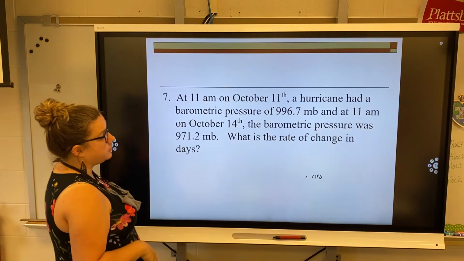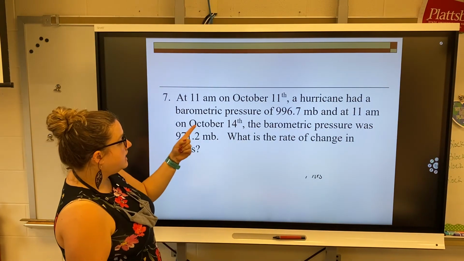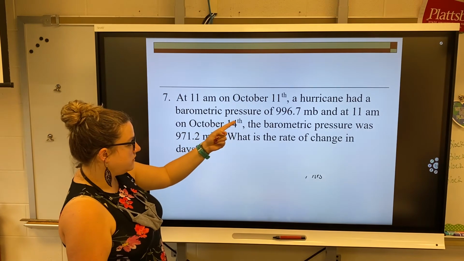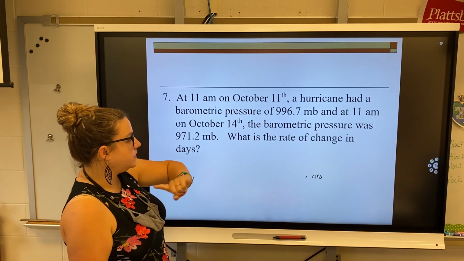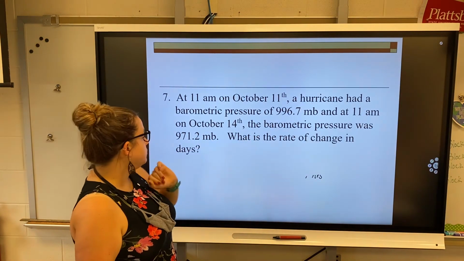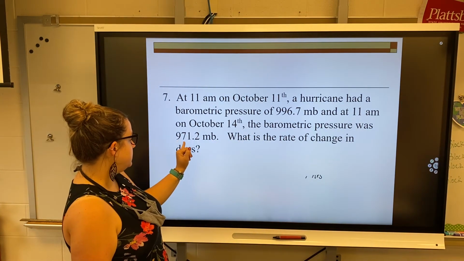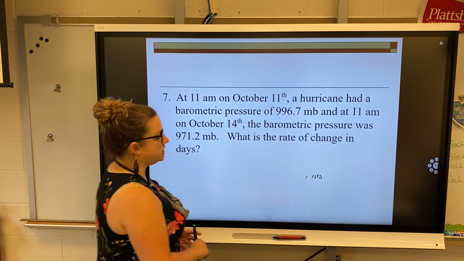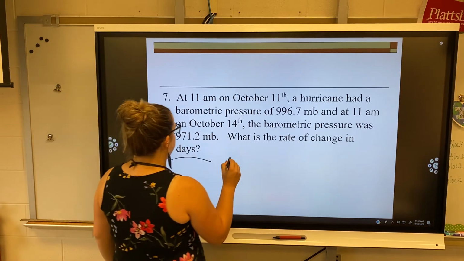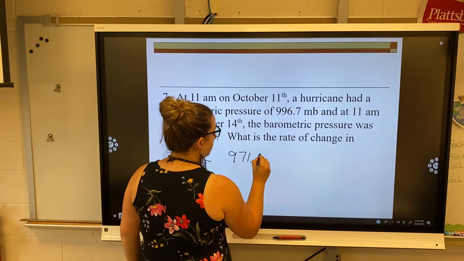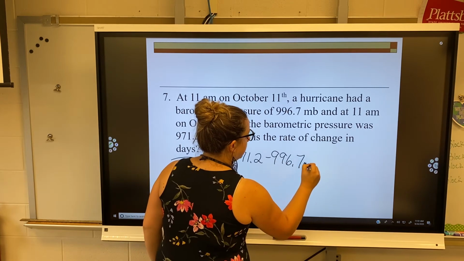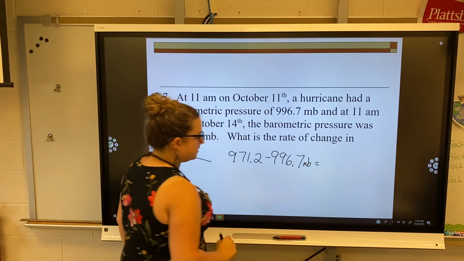And we have another example. So at 11 a.m. on October 11th, a hurricane had a barometric pressure of 996.7 millibars. And at 11 a.m. on October 14th, the barometric pressure was 971.2. What is the rate of change in days? Notice they said days. So if I'm going from 971.2 minus 996.7 millibars, almost wrote that wrong,